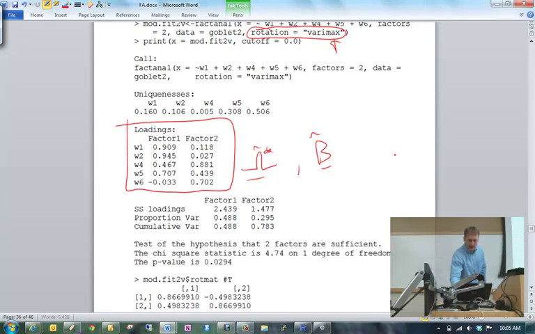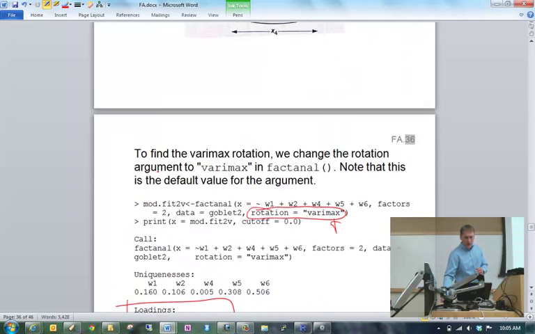Let's put a hat on top of the stuff. And so here's my new factor loading matrix, which will allow me to come up with a new interpretation of what my factor analysis model represents in comparison to what we had previously. So notice, for example, here, due to the rotation, this loading on the first common factor for W6 is essentially 0. And so the remaining variables, 1, 2, 4, and 5,